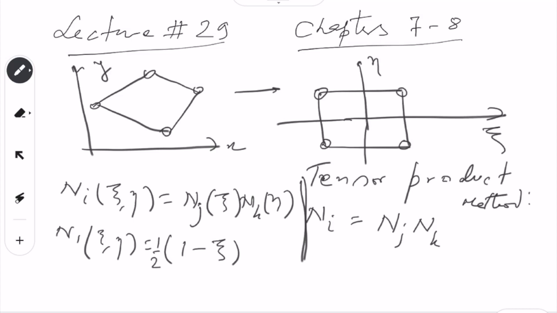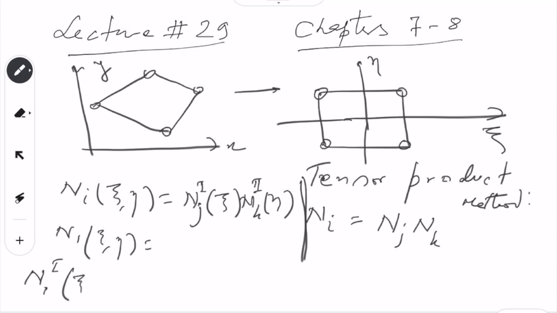Let us figure out what Nj is in this case. Let us call the nodes 1 and 2, like this. So N1